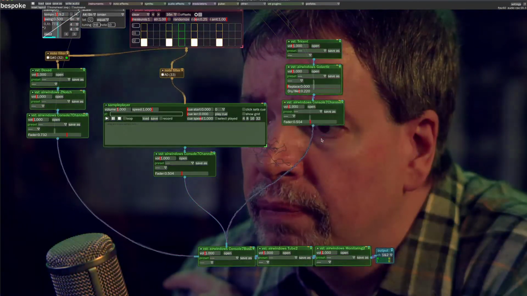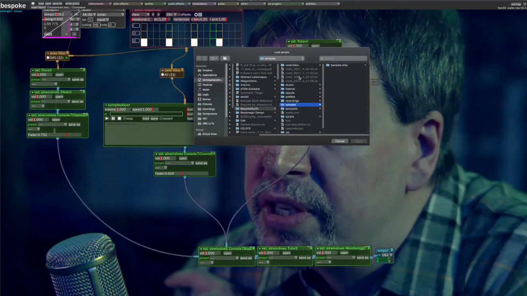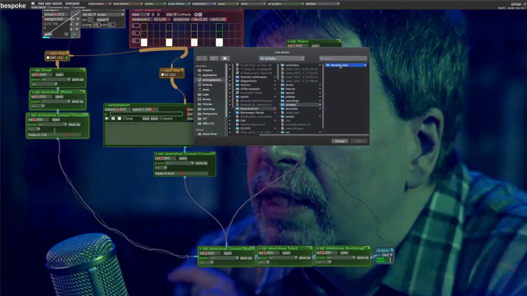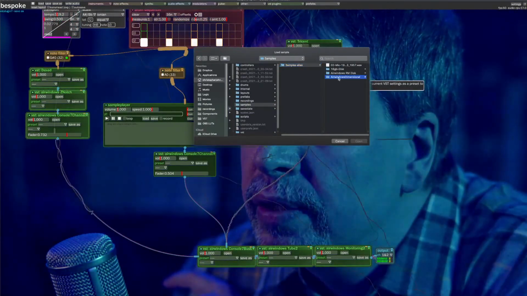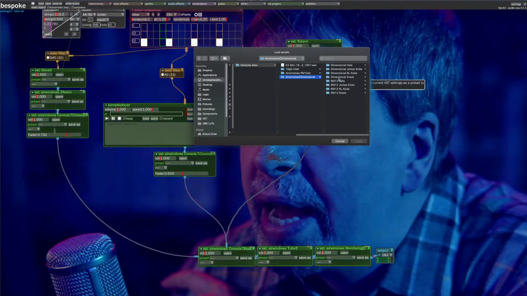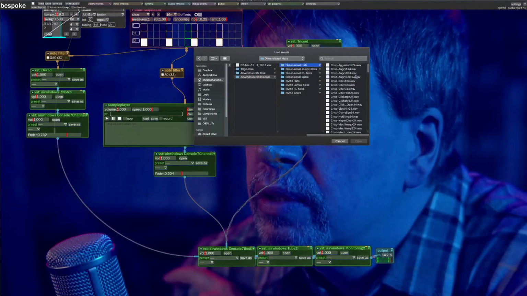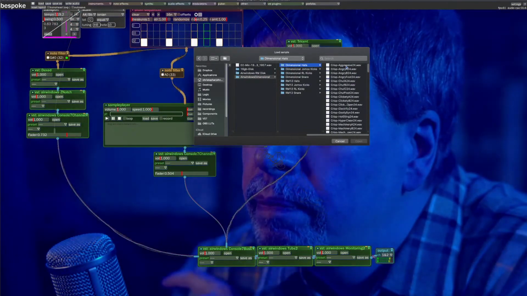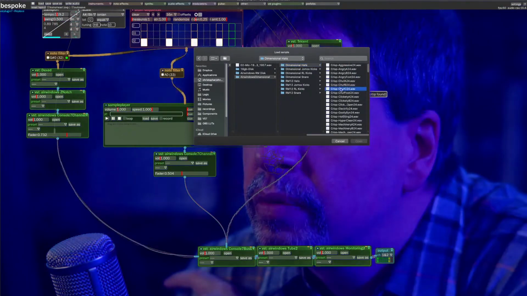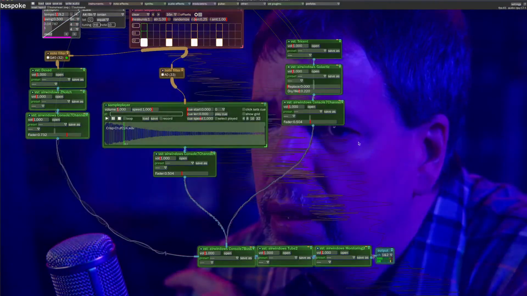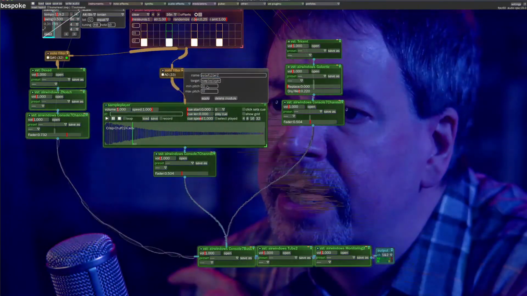So sample player. Where can I load samples? Let's load a sample. I've got an alias to a folder here. I'm going to open up a hat of some kind. I think I can't actually open this up, but yep, note filter is not working the way I want yet, so